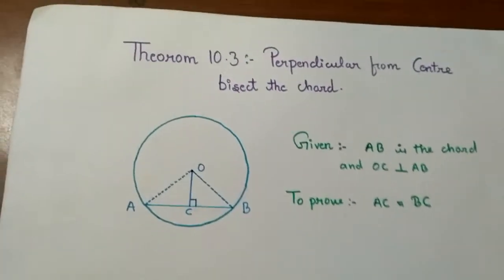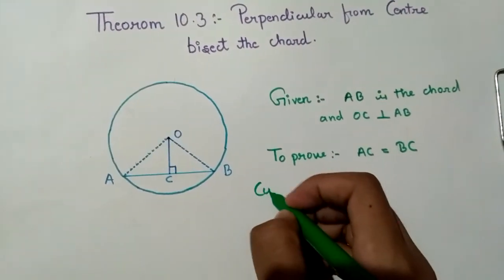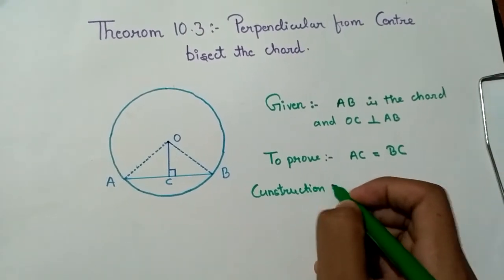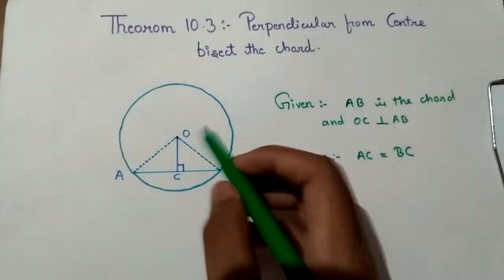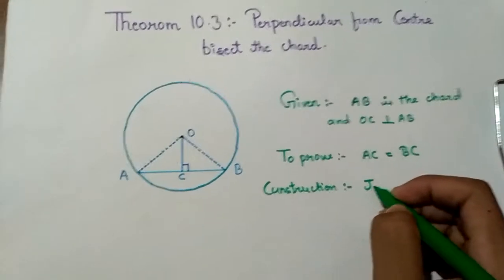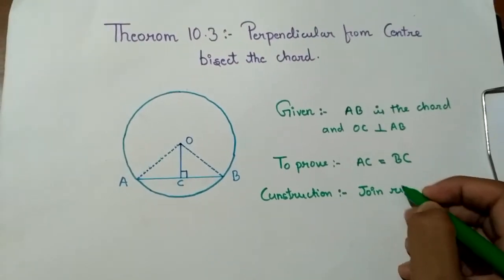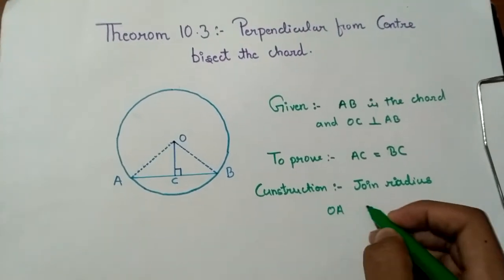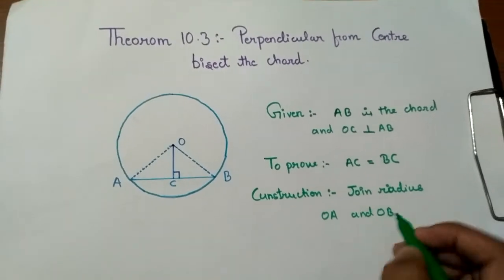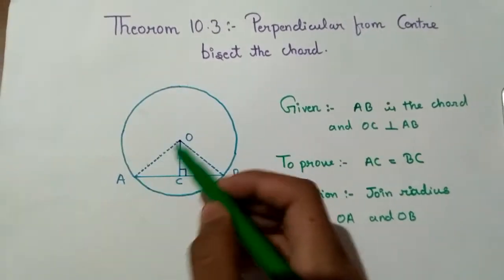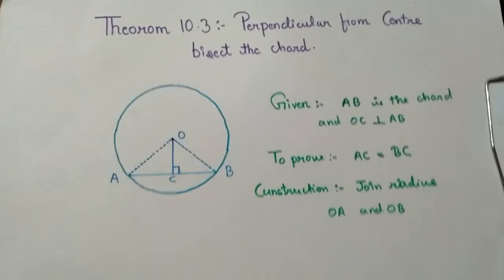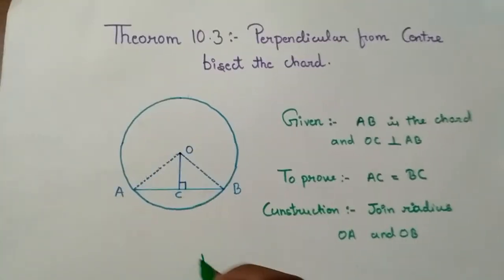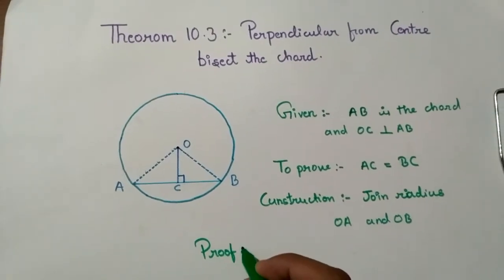And friends, here we need construction, so I will write here Construction: join radii OA and OB. To prove this, we have to join the radii OA and OB, so that by a congruency condition I can prove this question. So let's start the proof. The proof is,